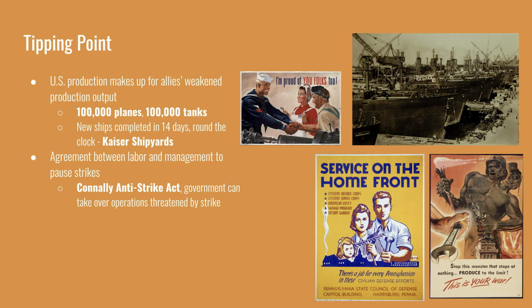Since the United States had been out of the conflict for so long and the fighting stayed off U.S. soil aside from Pearl Harbor, the U.S. still had its infrastructure intact to output war materials. During the war, the U.S. increased that capacity. Americans produced about 100,000 planes, 100,000 tanks, and the time it took to build a new warship was down to 14 days.